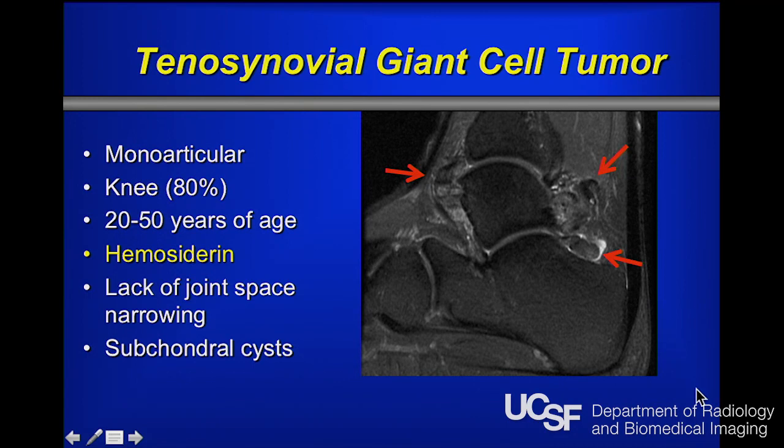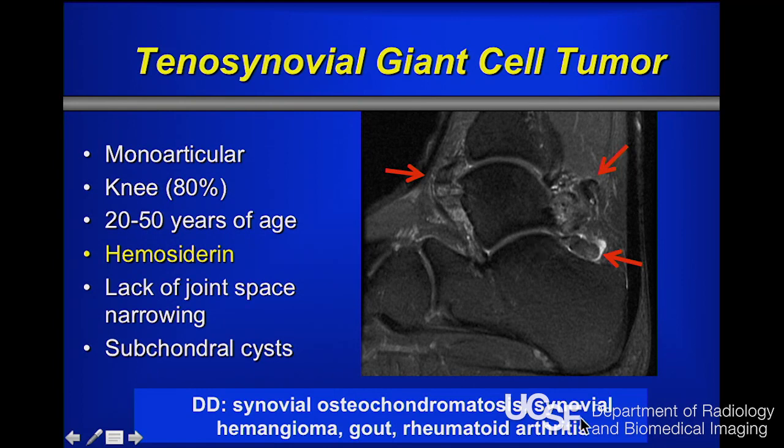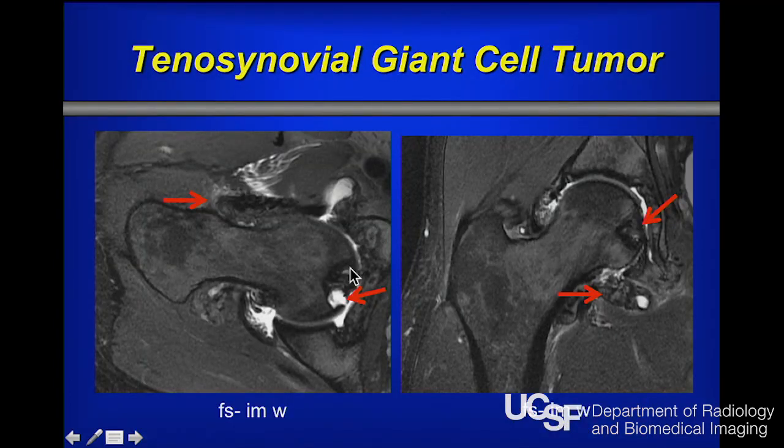Usually there's no joint space narrowing, but there can be quite significant destructions at the joint. So you see here these soft tissue changes around the joint. You can see erosive changes, which are shown here. And you may see that there's hemosiderin in these areas. If you see synovial tumors, you should always have a differential diagnosis, which includes, of course,